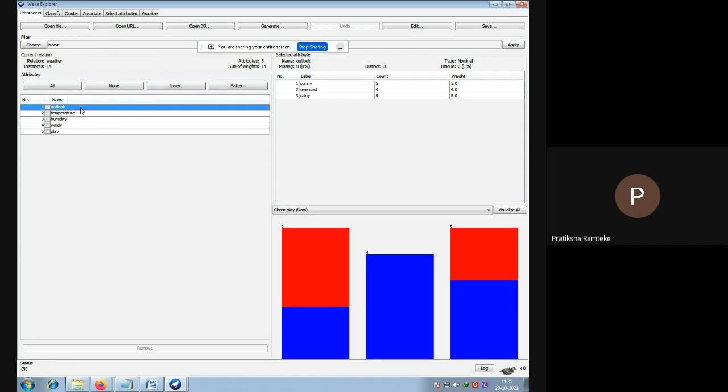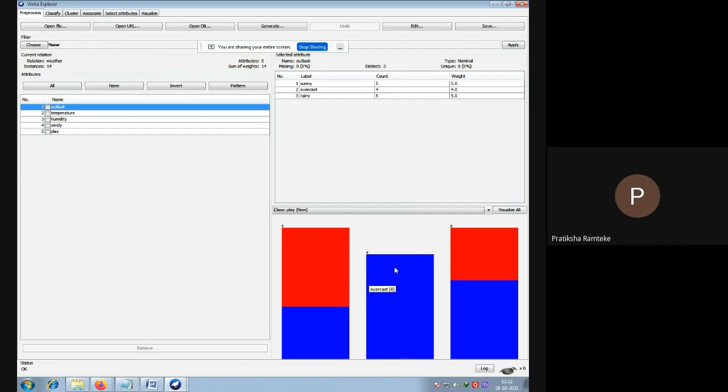Okay. So first we choose Outlook. In Outlook, for sunny, the play value is shown here. If the value is yes, it shows the blue color, and if the value is no, it shows the red color.